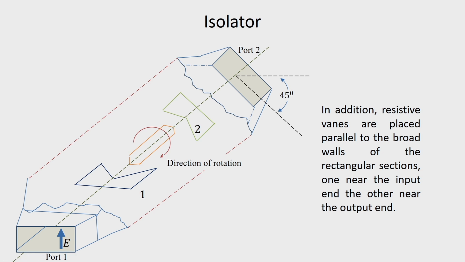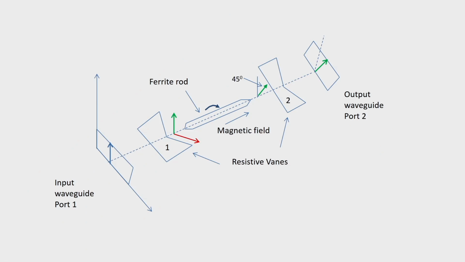Now, let us try to understand how the device shown actually works as an isolator. This is illustrated with the diagram shown in the figure. At the input port, let us suppose this is the polarization of the wave. Now, when this propagates